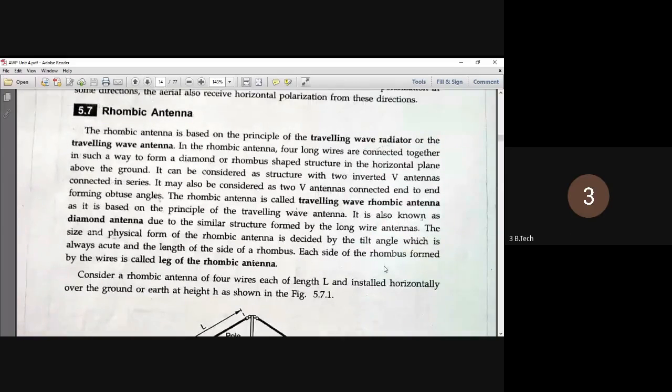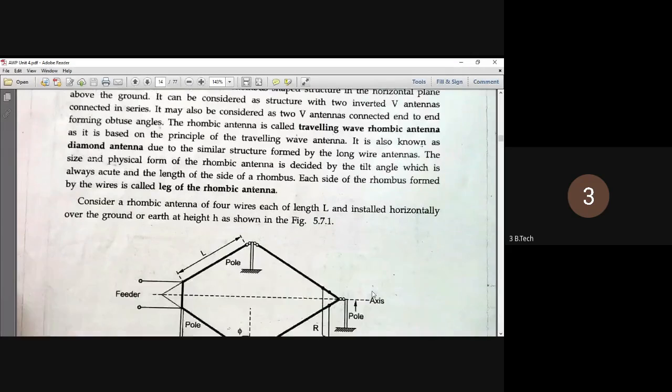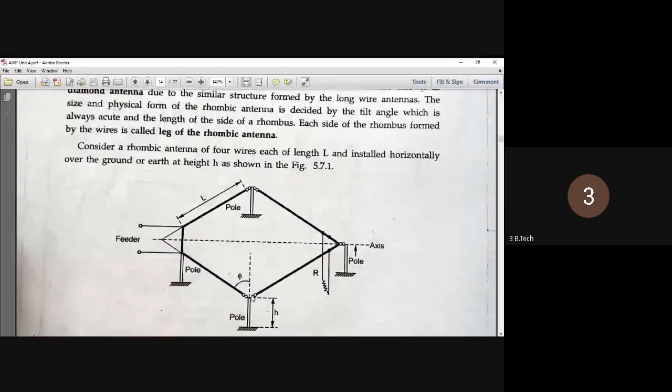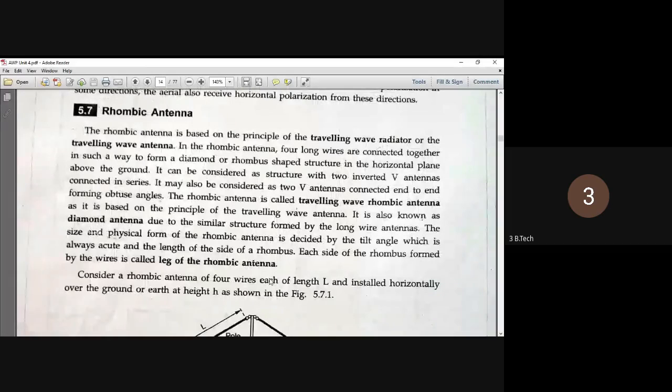Yes, sir. Rhombic antenna. Next is the rhombic antenna. The rhombic antenna is based on the principle of a traveling wave radiator, or traveling wave antenna. So here in this rhombic antenna, you can see there are four long wires. Four long wires are connected together in such a way as to form a diamond or rhombus shaped structure in the horizontal